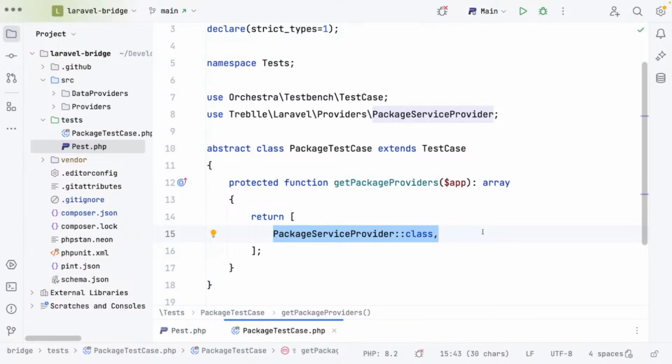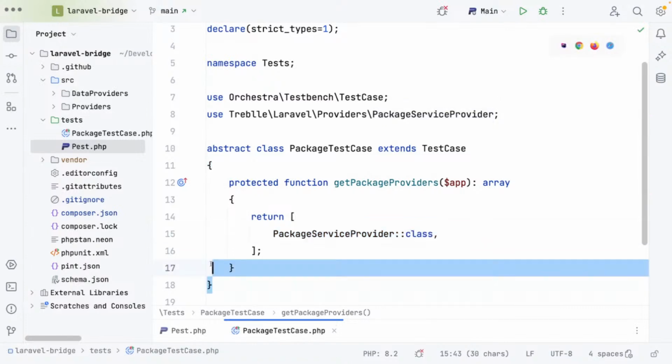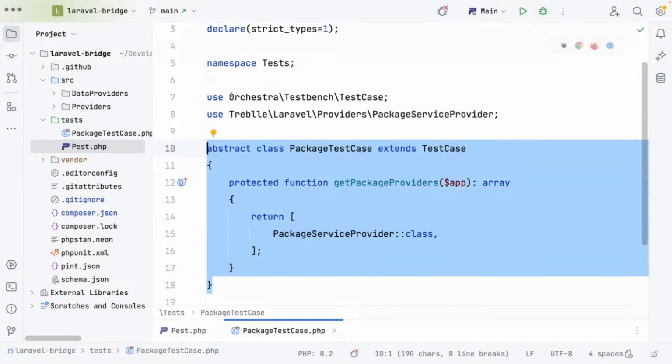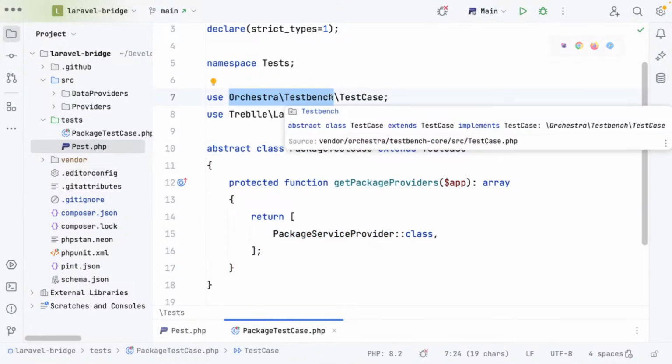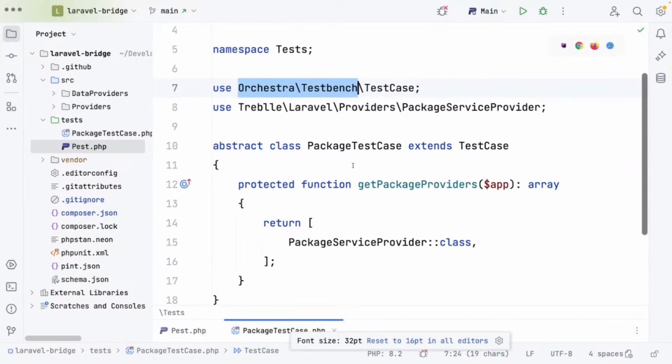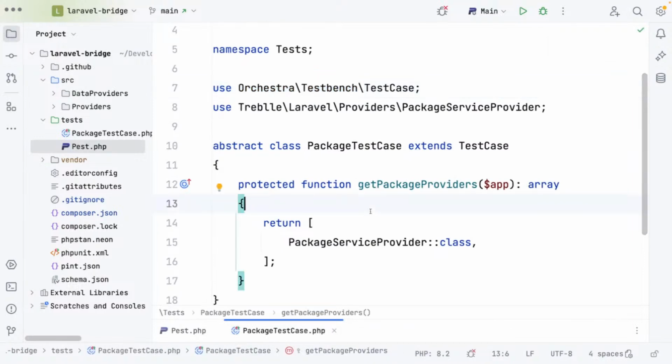It is so useful to do this. If you're building Laravel packages, Orchestra Testbench, there's nothing else like it. It is absolutely fantastic. It just makes testing the packages you're building so much easier. So